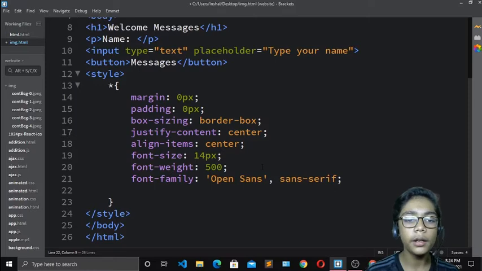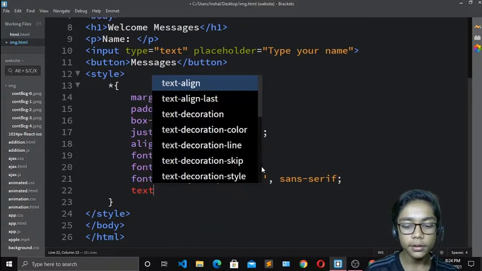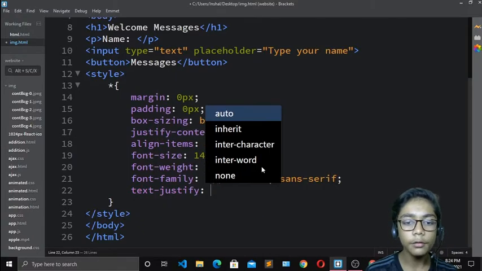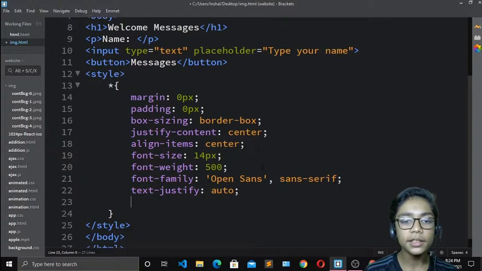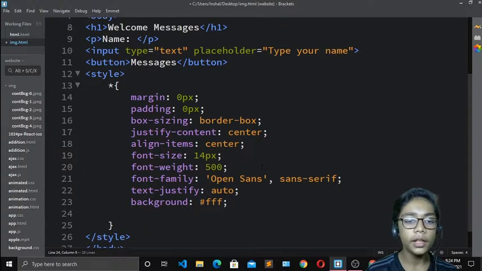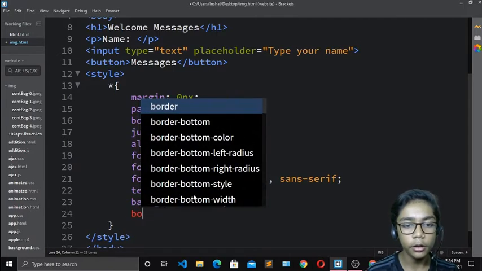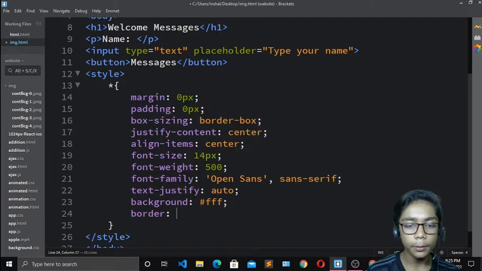Now come over here and I will write text-justify, which should be auto. Come over here again and write background which should be white. Okay, so when you have done that, write border: one pixel solid white.